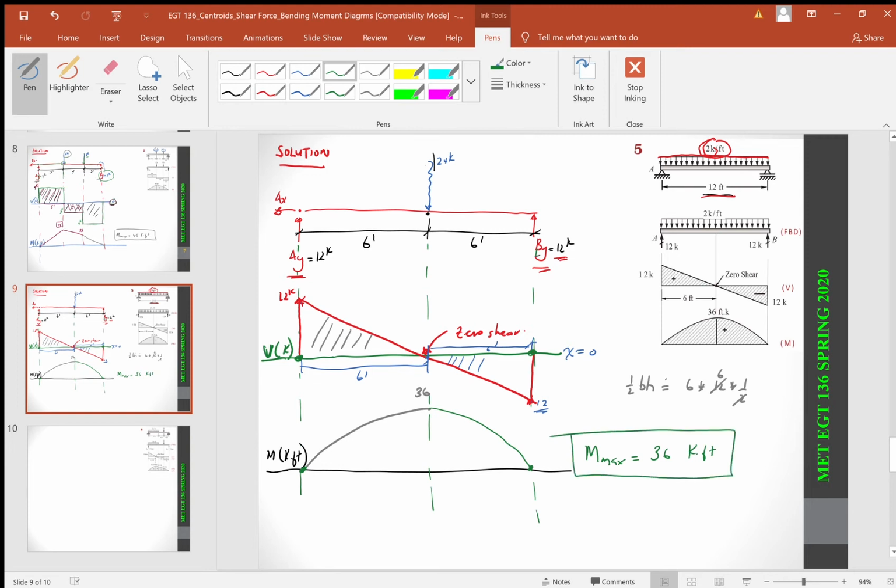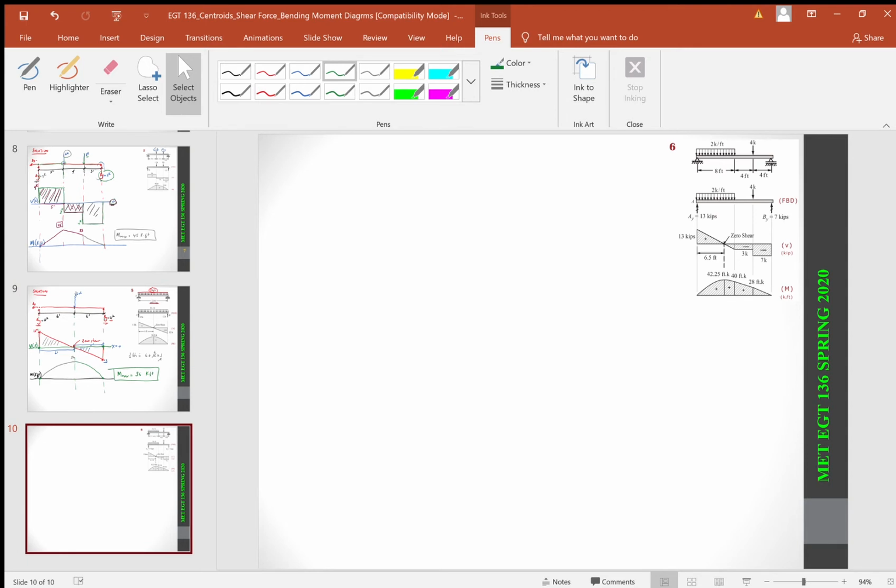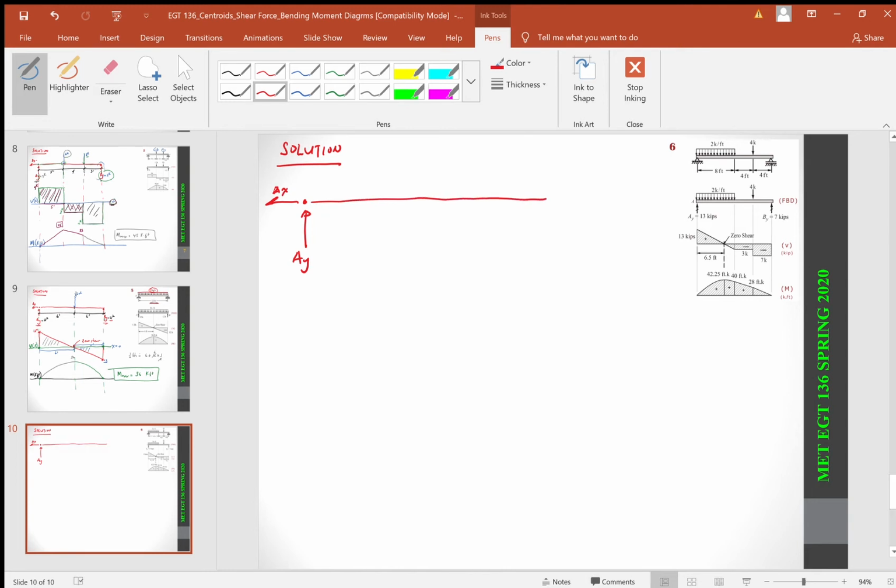Okay, all right, so let's try another problem just to make sure that we fully understand what's going on. This is slightly different, so as our solution, we're going to draw a free body diagram. This is AY, AX. AX is normally always 0 in this case because there are no forces in the X direction. And this is my BY. Now again, this uniform load is over